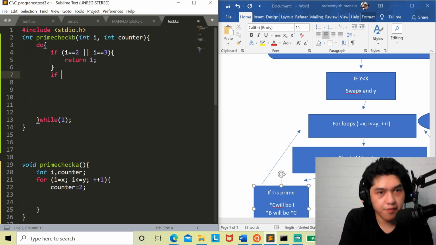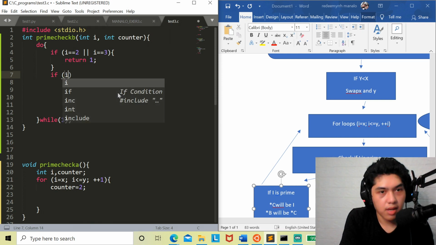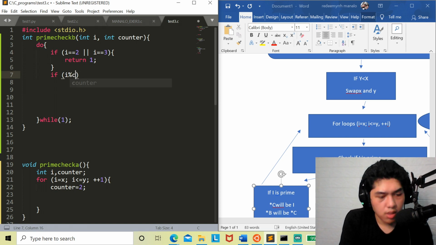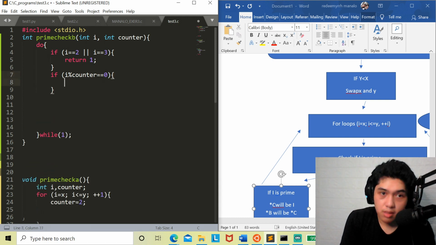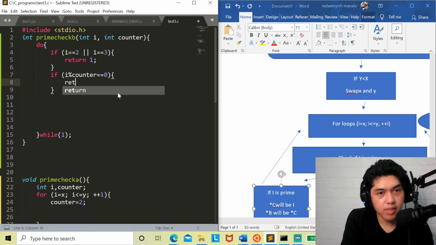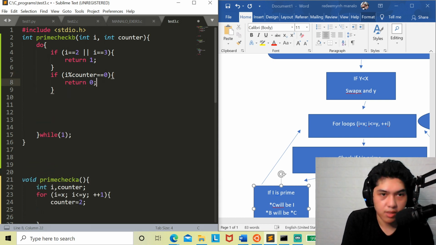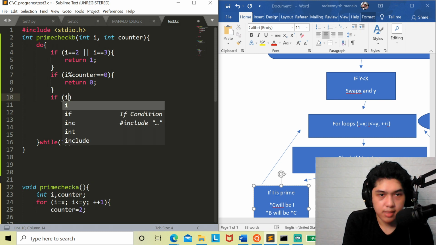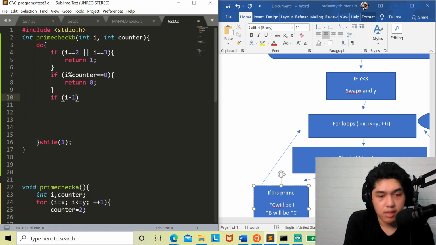And if I when divided modulo counter equals to 0, therefore it's a perfect divisor, we return 0. Now if I minus 1 is equal to counter,